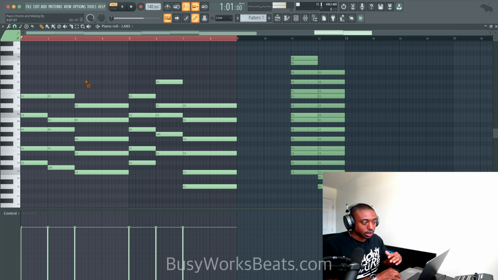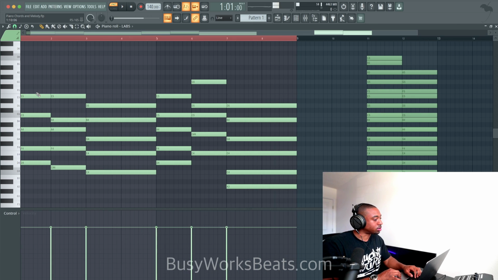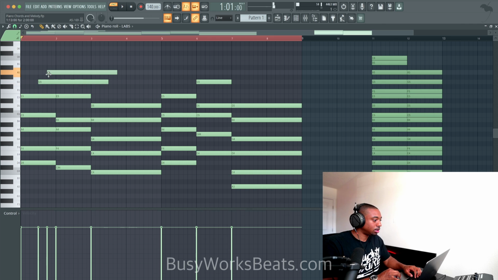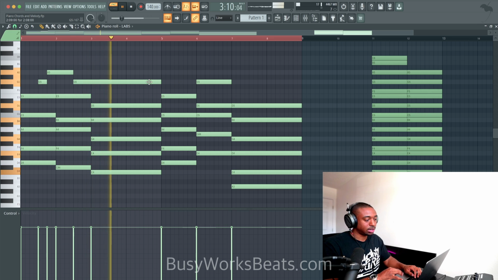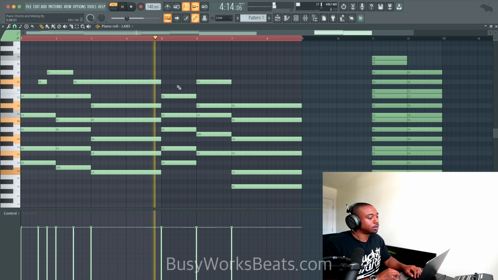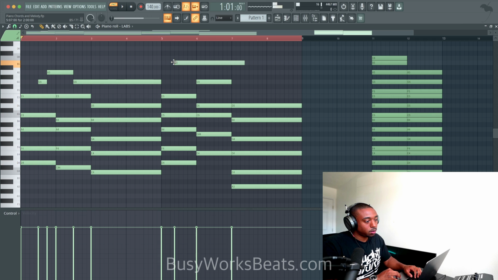Okay, so now you can go in and add little notes in between the chords. And that's how you kind of keep the ear listening. Okay, so my ear here is going dun dun dun.